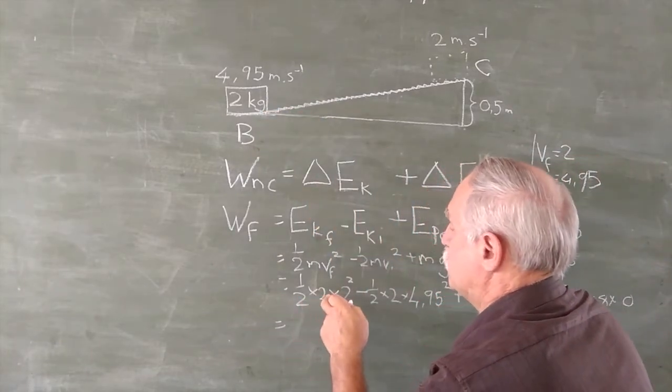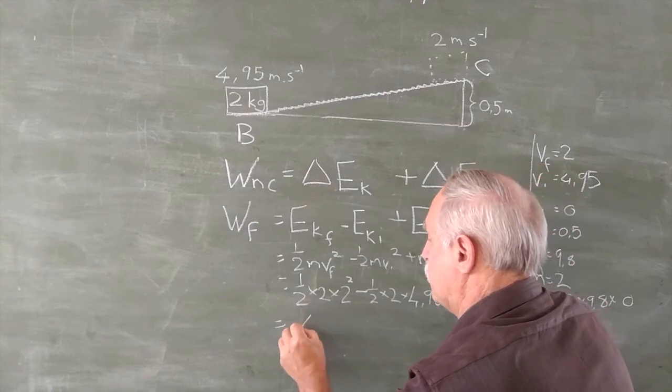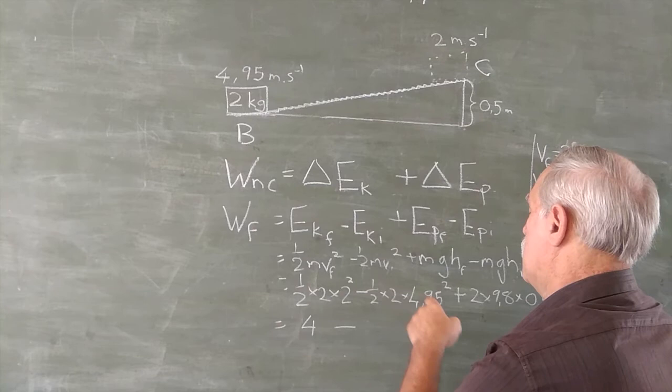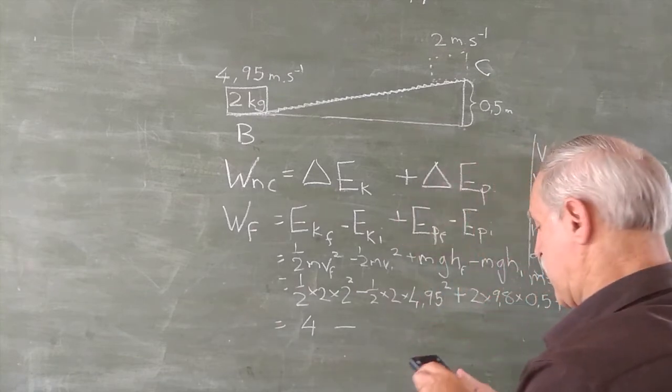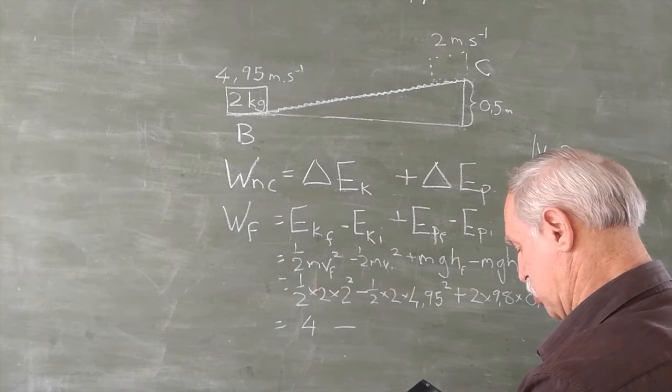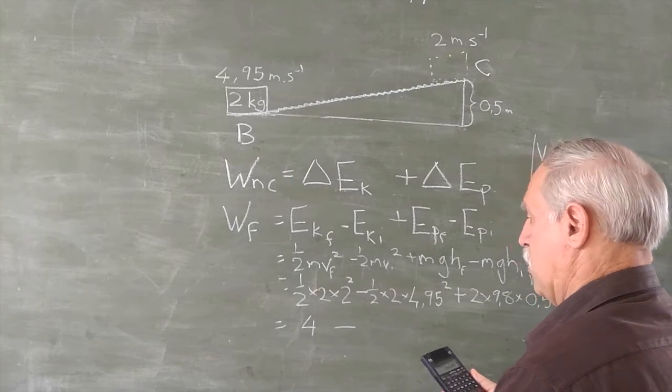So half times 2 is 1 times 2 squared is 4, minus 4,95 squared,